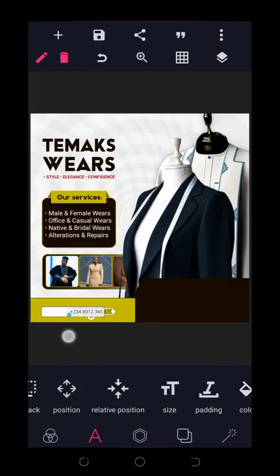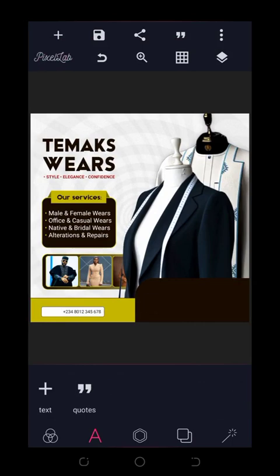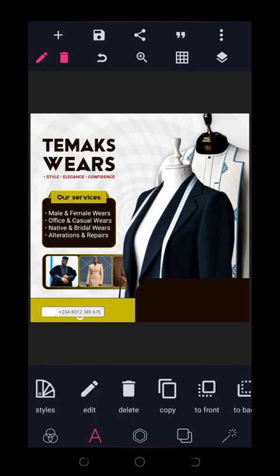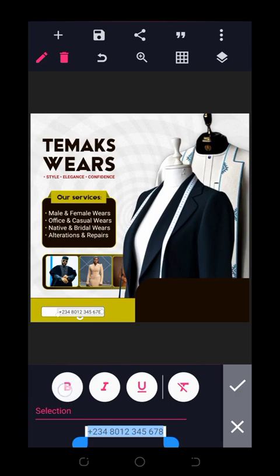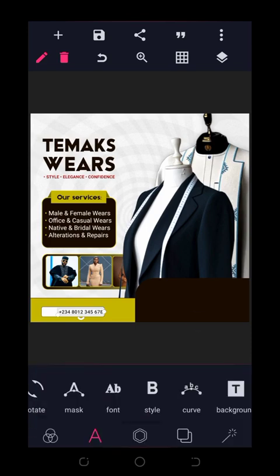And then I'll just click on OK. Reduce the size a little bit and position it around here like this. Now I'm going to bring in a circle shape, but before that, let's make this text bold. Let's make it bold by going to B style and then click on bold. This B stands for bold. All right, then